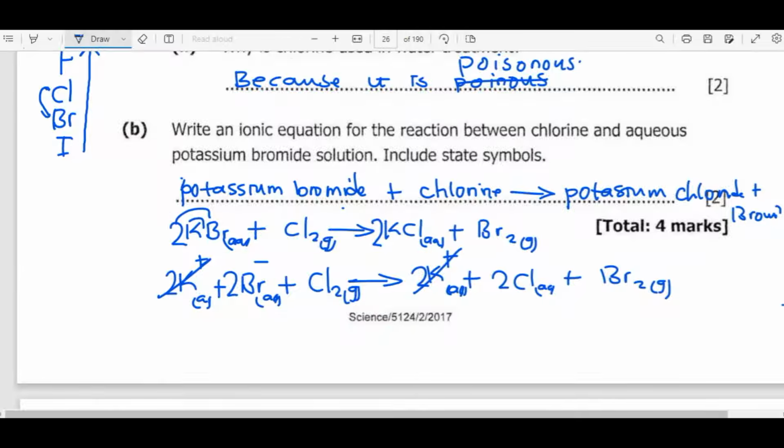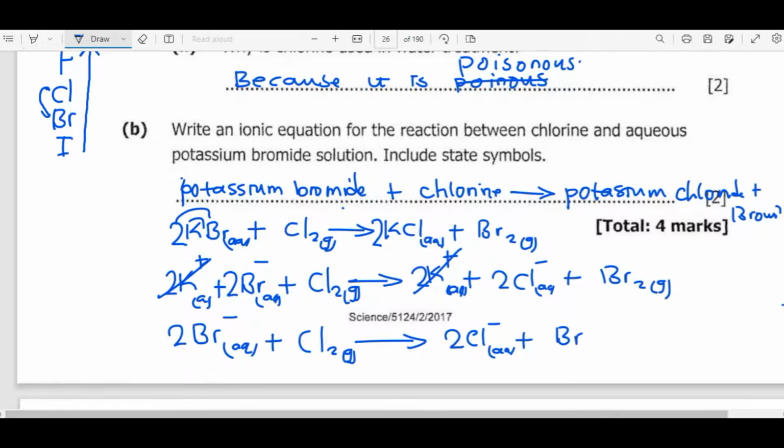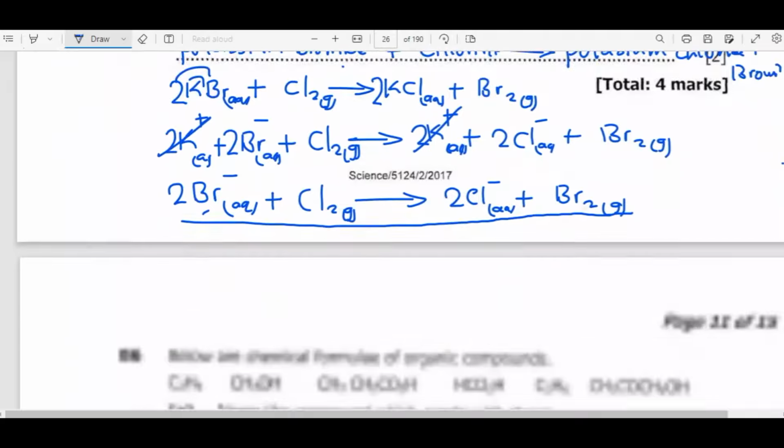So our final answer is 2Br minus aqueous plus chlorine, giving us 2Cl minus plus bromine. And if you look at this equation, this is also a redox reaction, because we can see the change of oxidation numbers, but let's not focus on that. We move on to